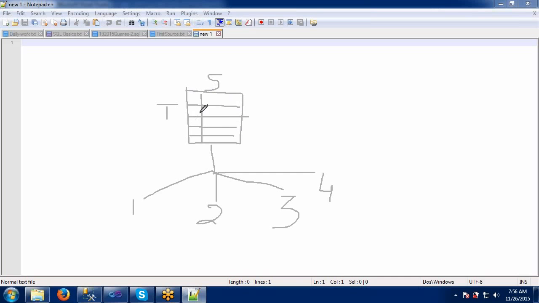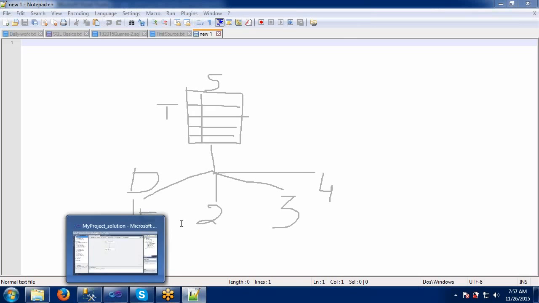There is one table having a few records. The same records I want to send to one destination, which can be some flat file. The same records I need to send to the first file, second file, third file and fourth file. At a time I want to do all these things in one package: source table, destinations as flat files, but all the records I have to send at a time to all the destinations. Sometimes the requirements will be like this. So let's see how we can implement this one.